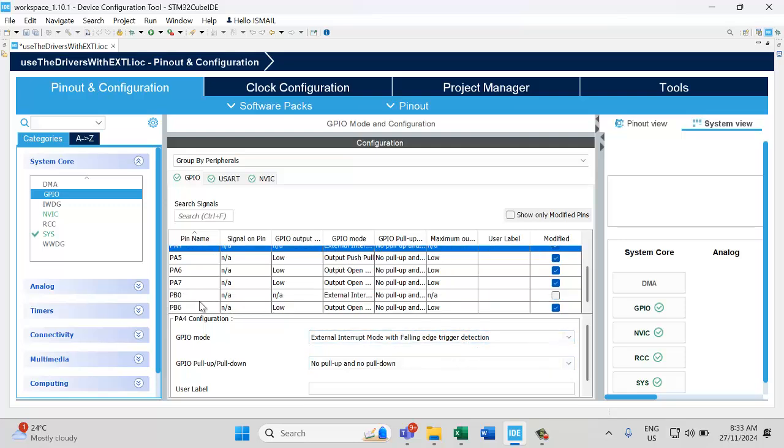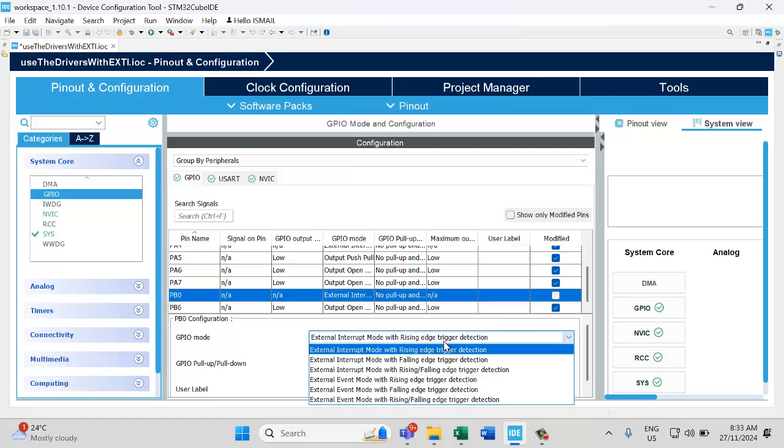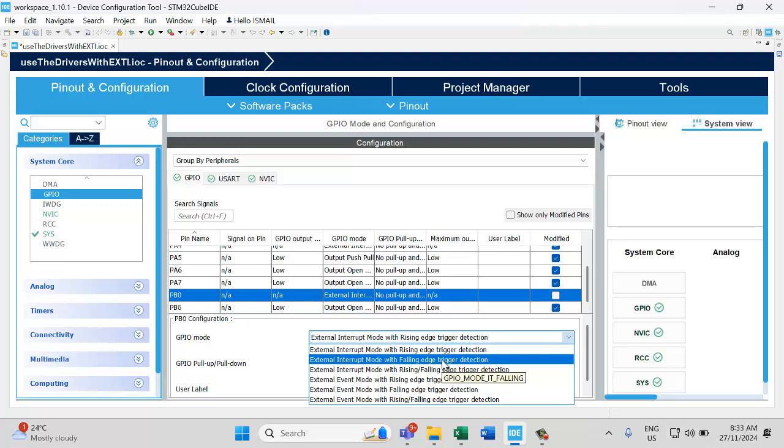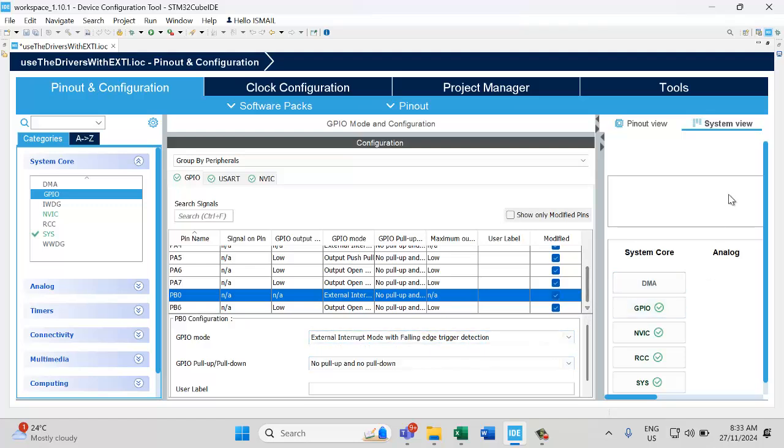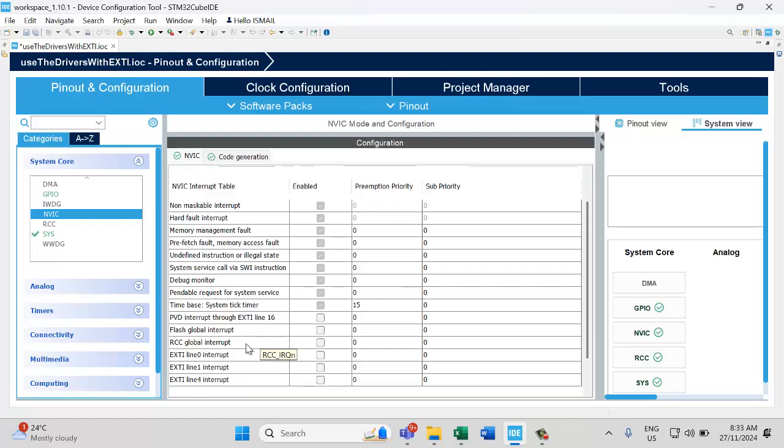Then go to PB0 for falling edge. Because the push button is active low, but you can also set it to falling and rising. Okay, then go to the NVIC